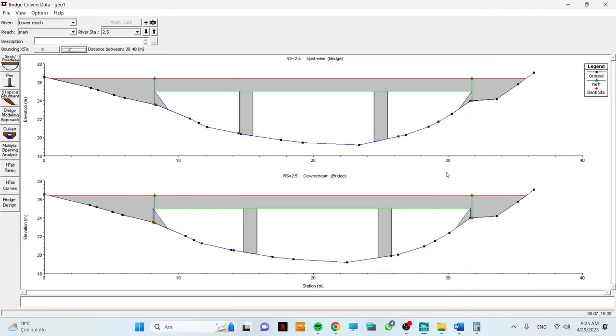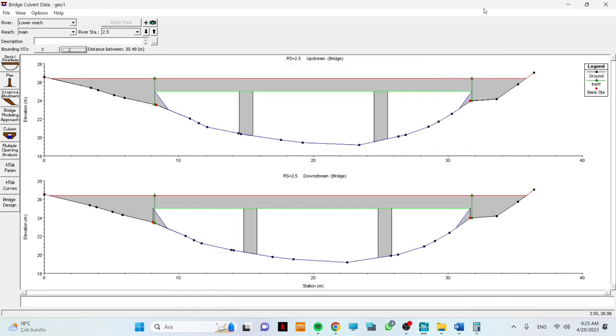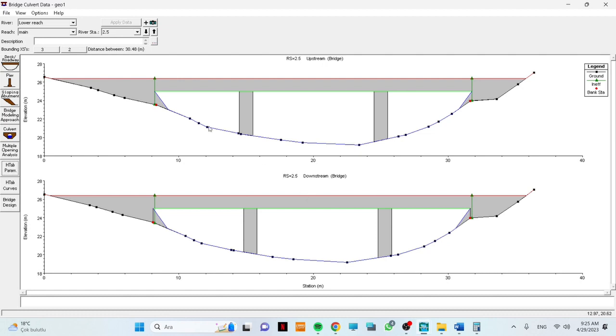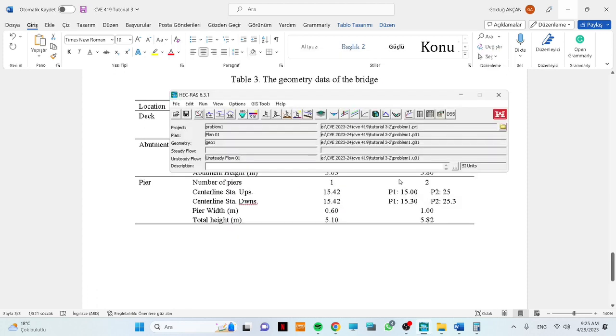Let's say okay. Also for the downstream cross section, we define our ineffective flow area. I think I made a mistake here, but you can change your station from here. Then you need to define your headwater maximum elevation. Again, 30 is okay for this one also. Then for bridge design, bridge modeling, okay now. In the question, it says after bridge design,